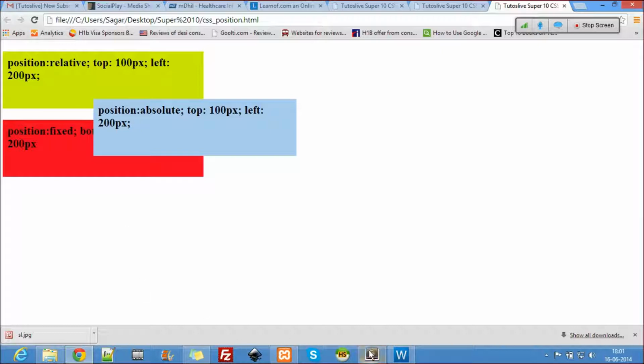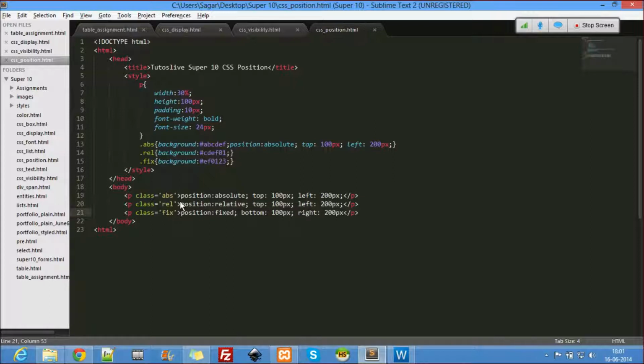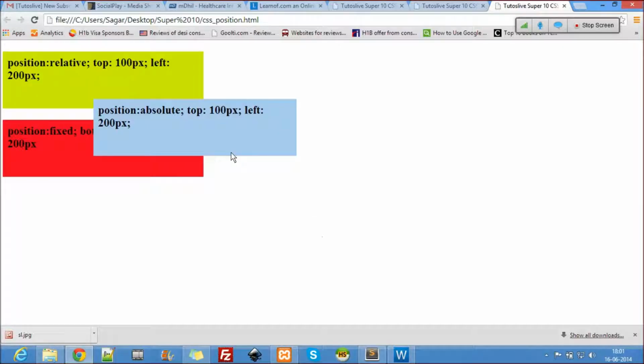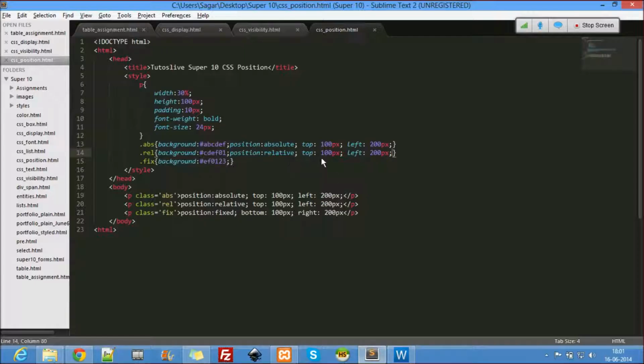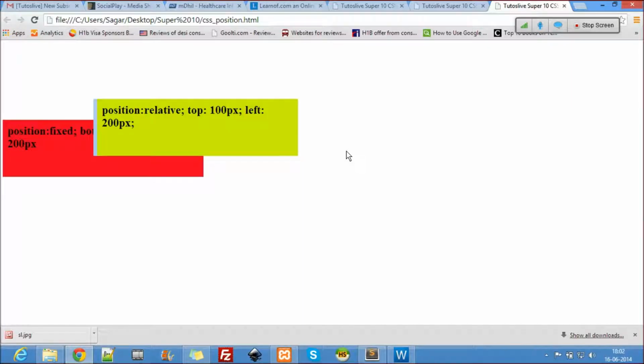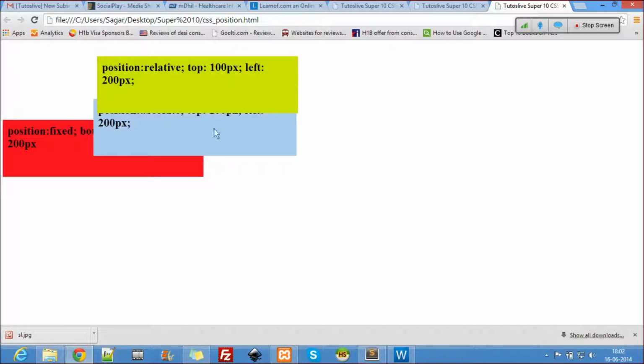Now let's talk about the relative. So I guess the relative with the same coordinates will be the same, I suppose, but let's see what can happen. Relative will be the same because it's 100 pixels, 100 pixels. So instead I'll give it as 10 pixels. Let me refresh.